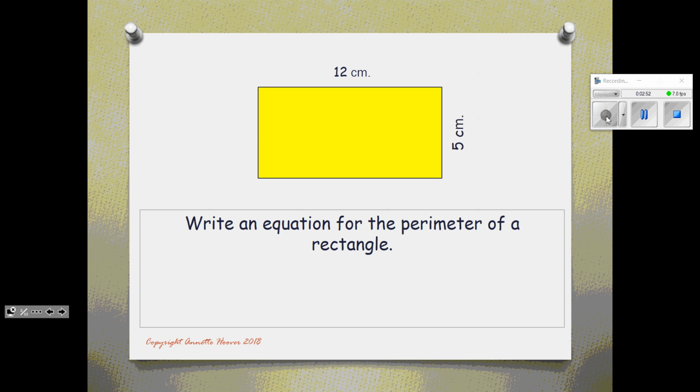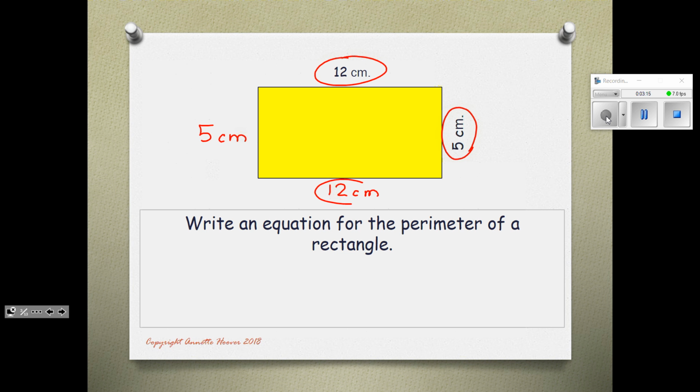So if we say write an equation for the perimeter of a rectangle, remember the perimeter is the distance around, so if the top is 12 centimeters, we know that the bottom is 12 centimeters. And if one side is 5 centimeters, we know that this one is 5 centimeters. So you could go 12 plus 5 plus 12 plus 5. Or since there are doubles, we have 12 twice and we have 5 twice,